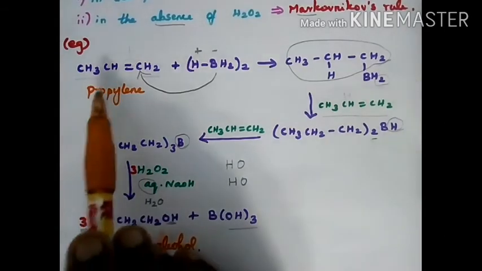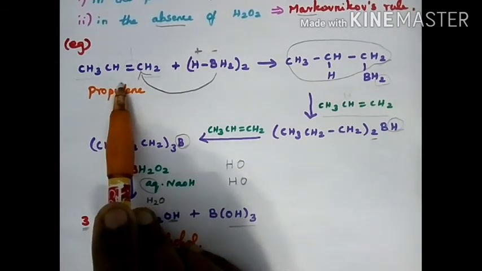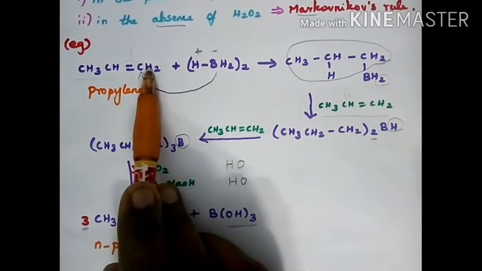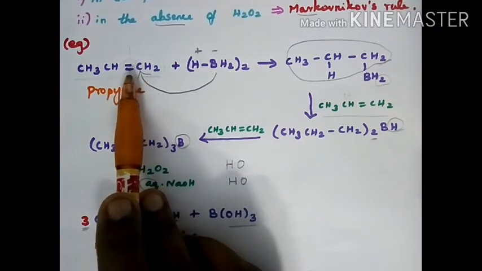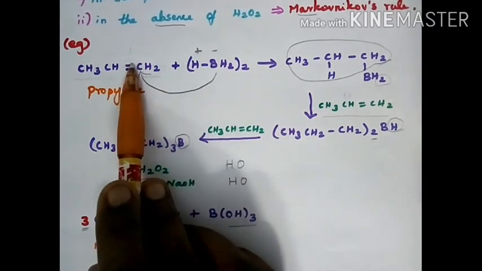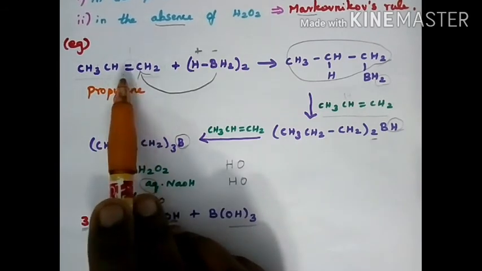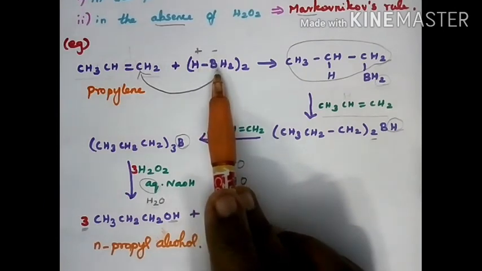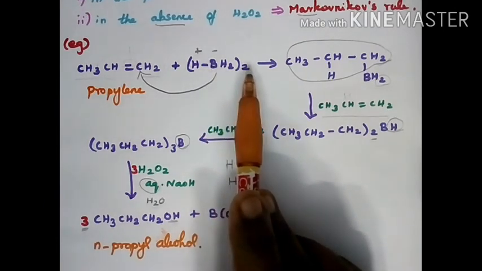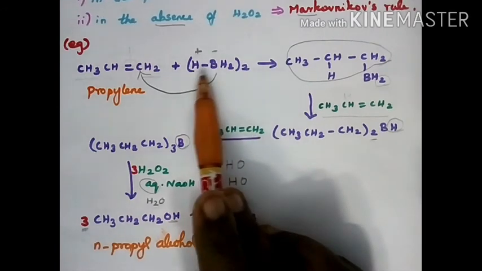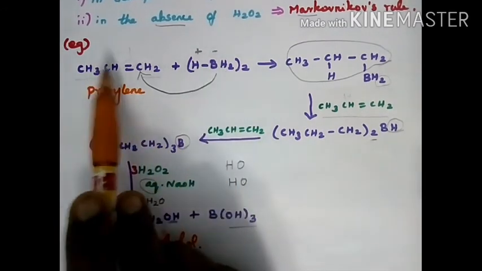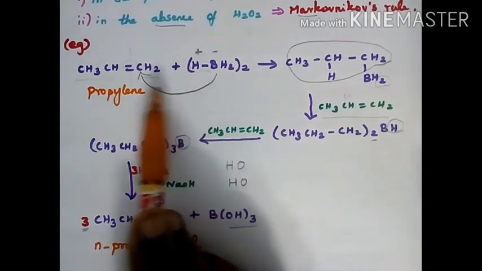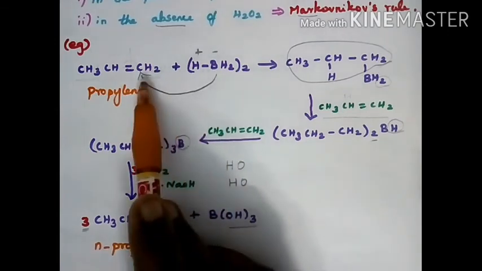So now, how does the reaction take place? First we have to take one unsymmetric alkene. Why is it an unsymmetric alkene? Here 2 carbon and this side 1 carbon between the double bond. So it is an unsymmetric alkene. Hydroboration with HBH2, BH3, diborane, so twice. It is cleaved as HBH2. This is plus and this is minus. One side hydrogen and one side B. Why are we adding B here? The negative part goes to the carbon carrying more hydrogen.